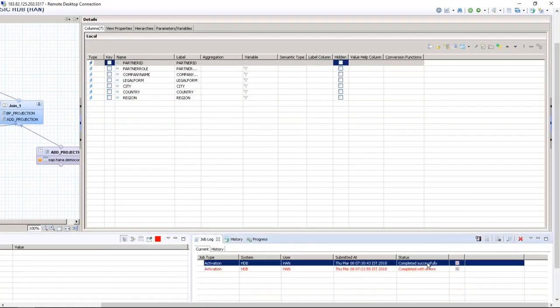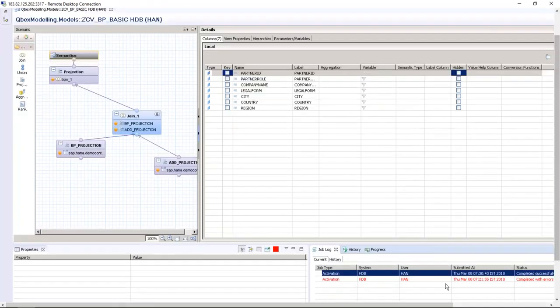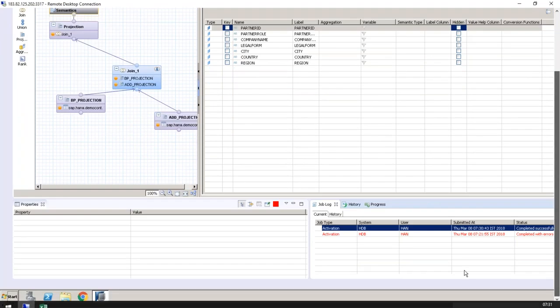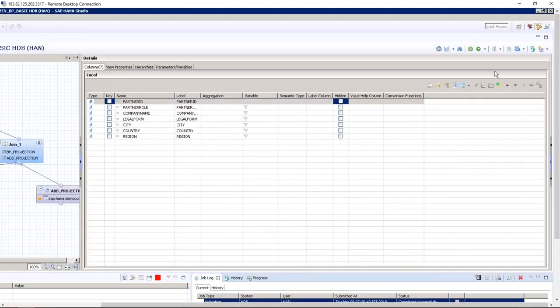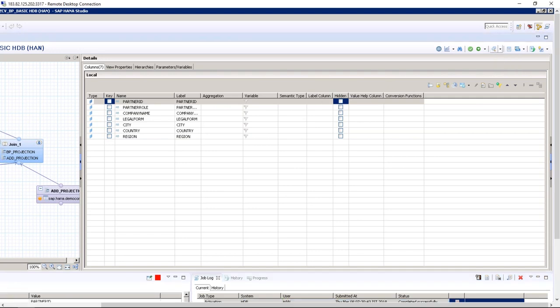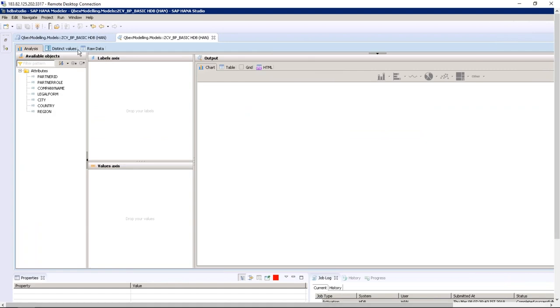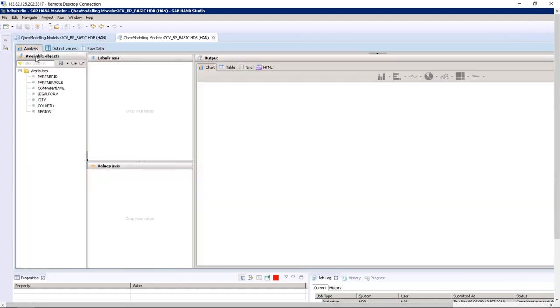and you get the messages. It has been activated successfully. Once it is activated, you can see, that's why if I zoom, this is a problem. So once it is activated, I can see the data in this view from here, data preview, raw data. You can see the raw data, or you can see analysis on the